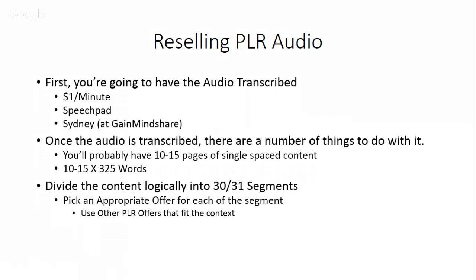Now, for each one of those segments, pick one of your offers. And I have been saying this for the last month or so: don't be quick to go grab an affiliate link. When you put these things together, don't be fast to go get an affiliate link to put in your stuff. These are your customers, and so you want to start giving your customers more stuff from you to buy.